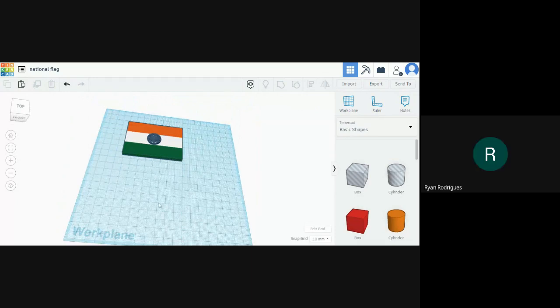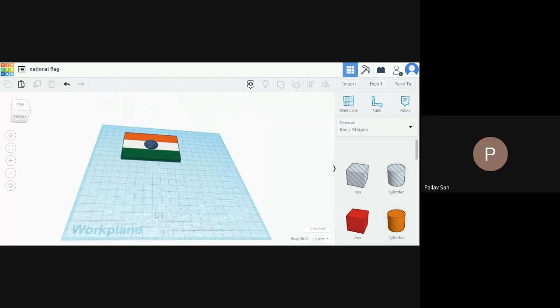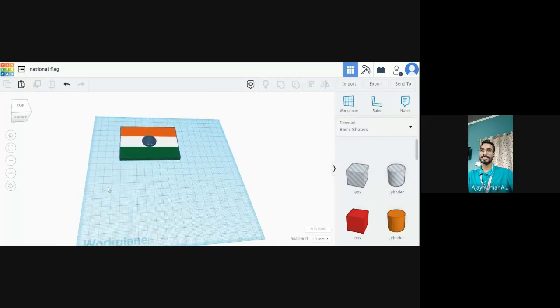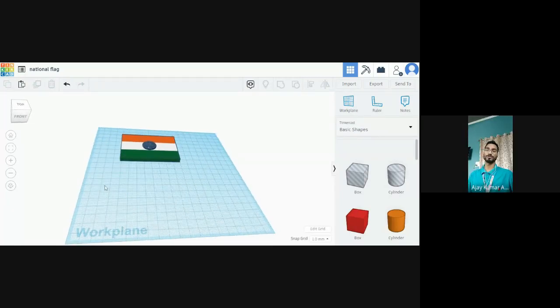Sir, I'm going to finish this box. Okay, you are finishing the spokes. What about others? Anyone who's stuck in just getting the first spoke? No, sir, very easy. Okay, so good, some of you are fluent. That's what I was saying, Akash. Some of you are fluent with Tinkercad. But for a person who's fresh to this, he might have a little bit of trouble, because the plane keeps on rotating, right? It can be irritating at some point of time. Sometimes it takes time to group or align.